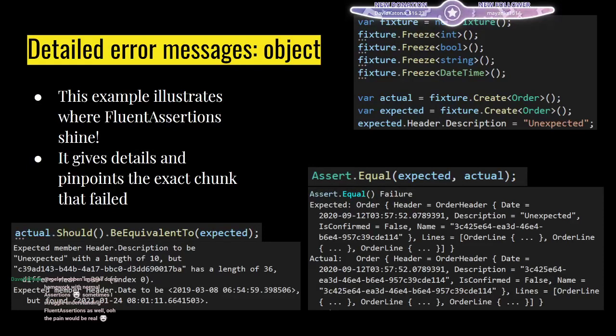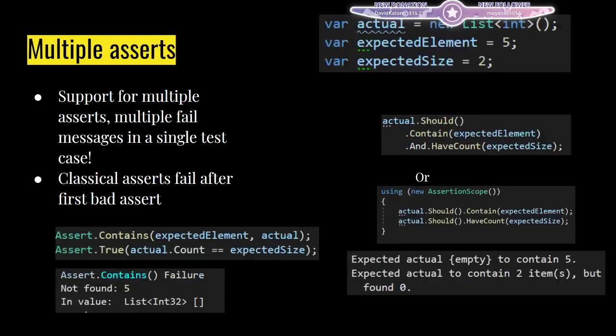And in some frameworks, actually, having different debug mode, like building in debug mode and building in release mode, yields different results. Therefore, hands down, Fluent Assertion to make it consistently good. Another benefit, you can even have multiple asserts. If your tests had multiple assertions, which isn't always a bad thing,